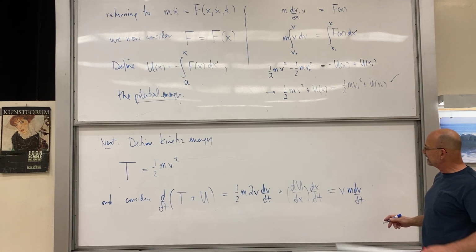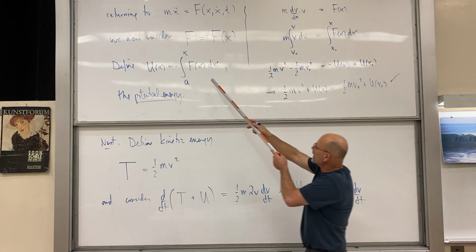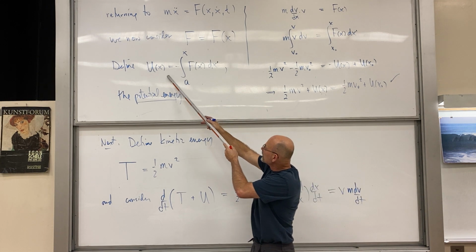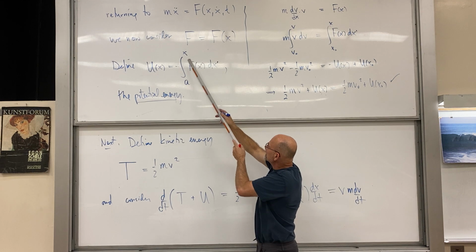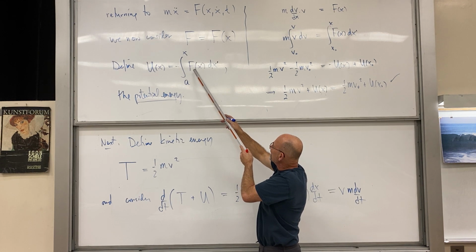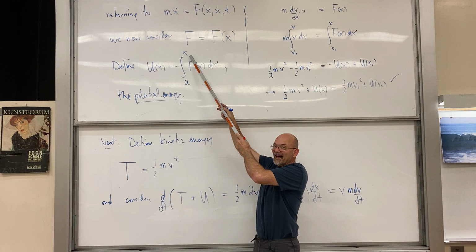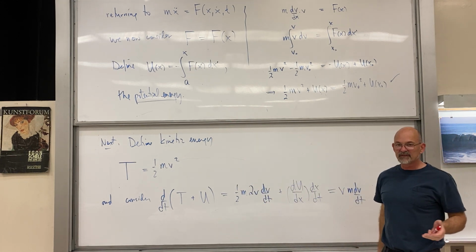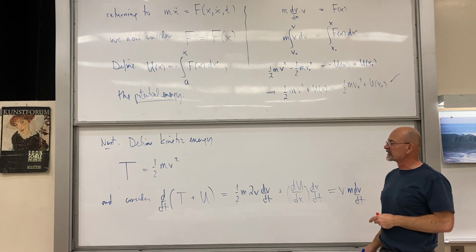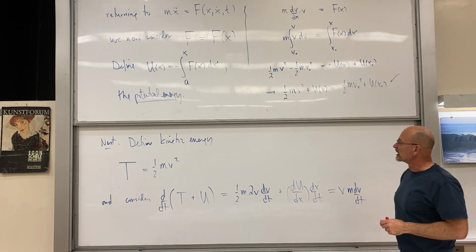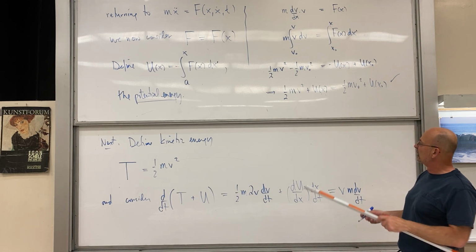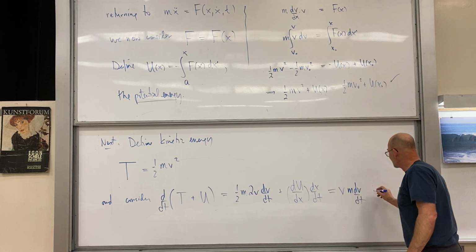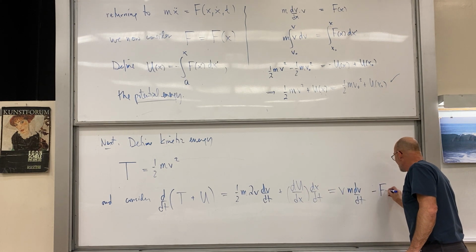And here I have du dx, but you guys have to remember the fundamental theorem of calculus. If I take the derivative of this integral with respect to x, it's the value of the integrand evaluated at x. I may even give a proof of that. If I had you here with me, I'd ask, do we need to see a proof of that? And somebody would say, yeah, show us proof. But for the moment, I'm just going to assume we know that. So the du dx is minus f of x,